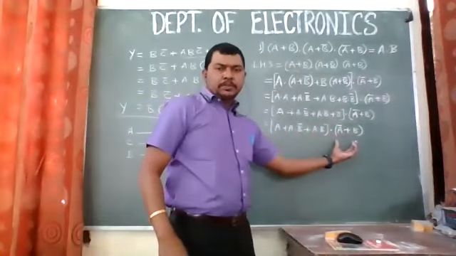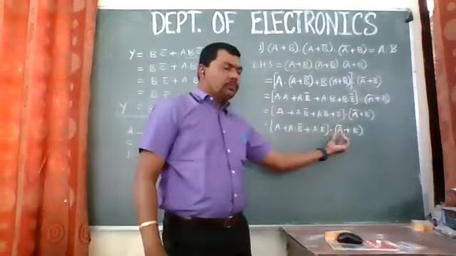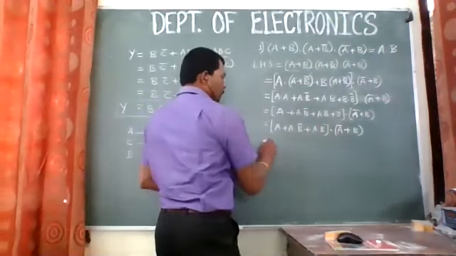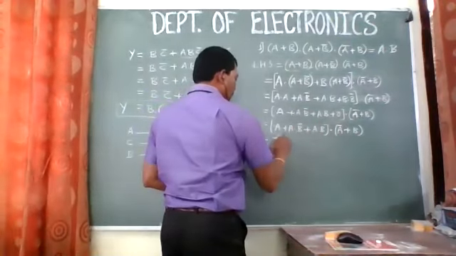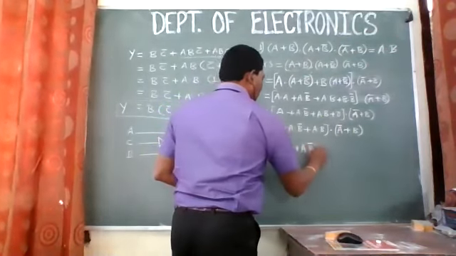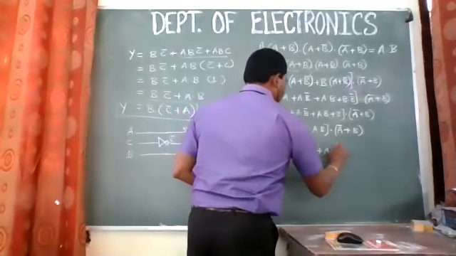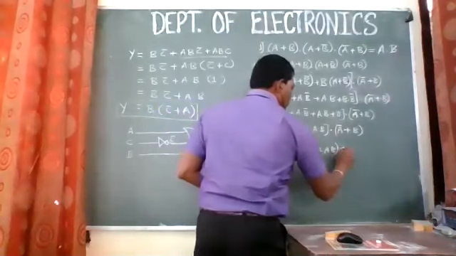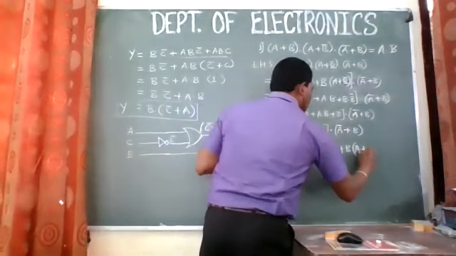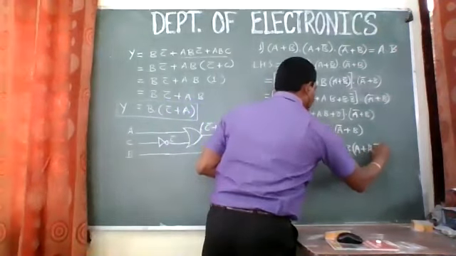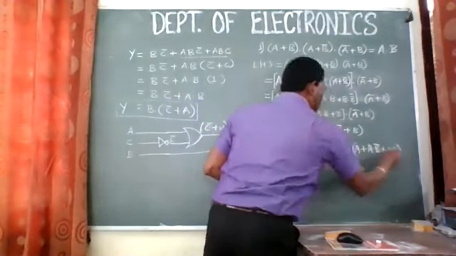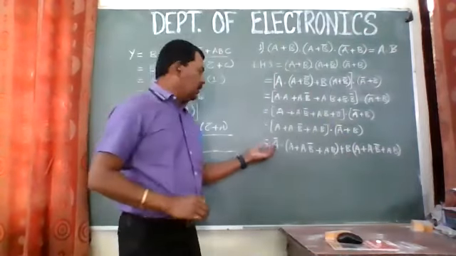Now again multiply this bracket with this, right? So I will first multiply A term with this bracket and then B term with this bracket, and then we'll try to simplify. So first A bar dot A plus A dot B bar plus A dot B plus B into whole bracket again, that is A plus A dot B bar plus A dot B. ठीक है क्या? ये दिख रहा है अभी?